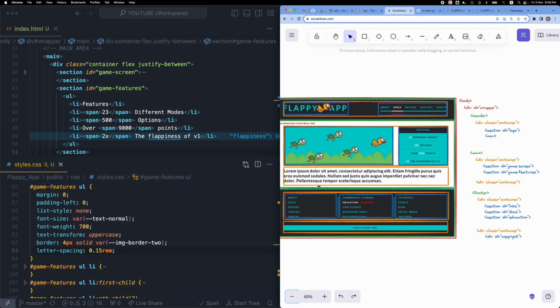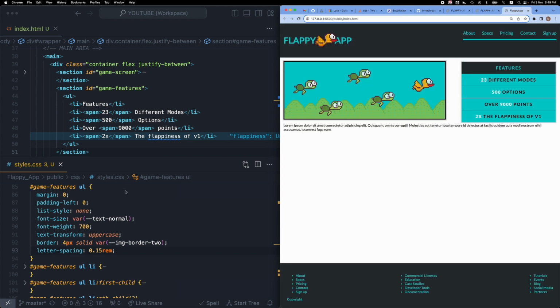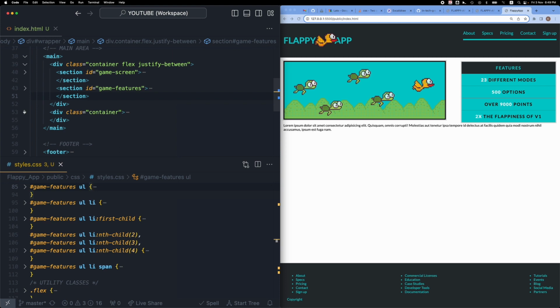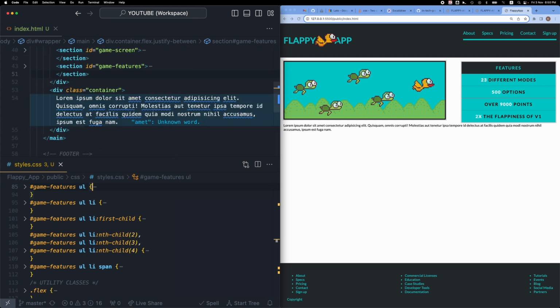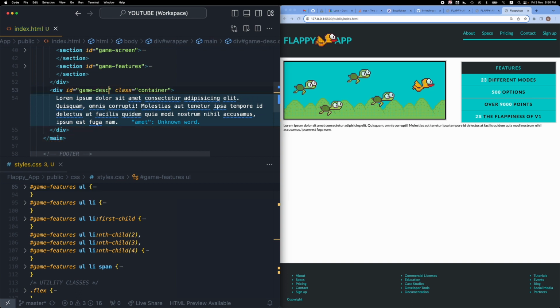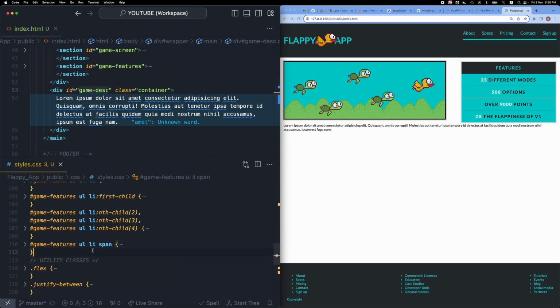So the next section is just some text, some bold, large text. For this one, I'm just going to go here and find this element. This is the container that contains the lorem ipsum. I'm going to give it an ID of description or game description, and through that ID I can target this